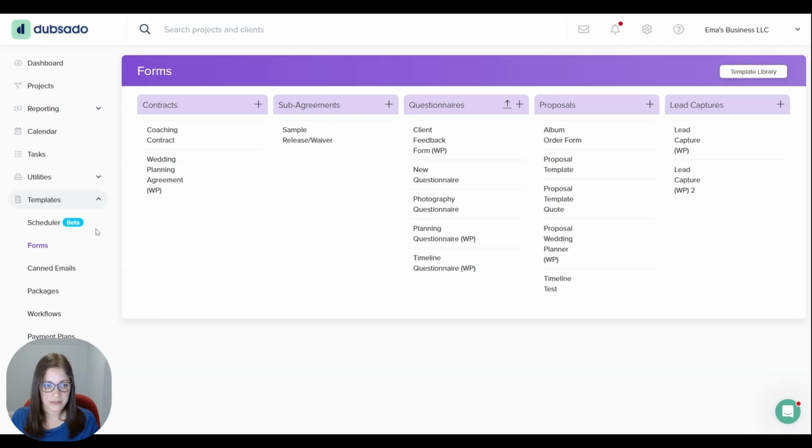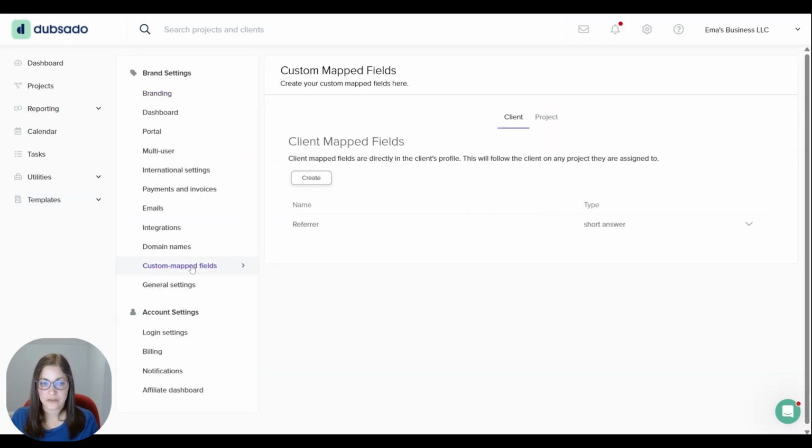In your settings, you're going to go to custom map fields, and you're going to see there's two kinds, client and project. Client map fields are the ones that are going to follow the client across all their projects in Dubsado with you. So if you're booking, let's say, photography sessions with a family once a year, these are fields that are important for you to reference,